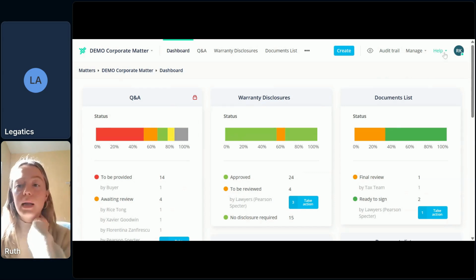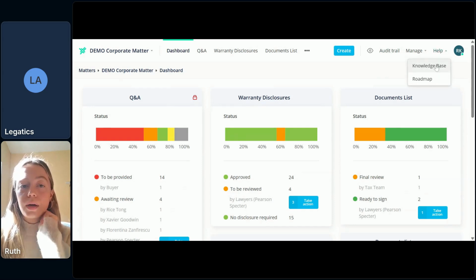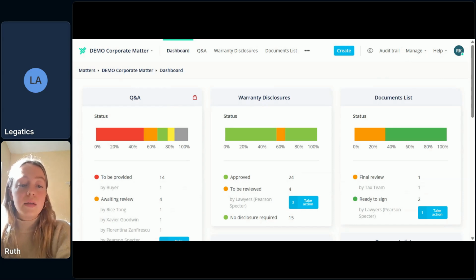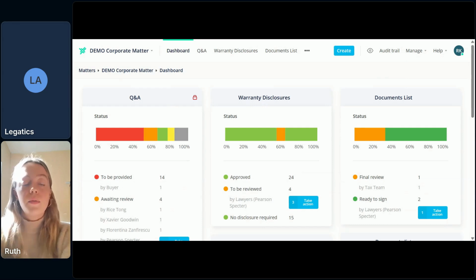And the final thing I want to highlight for you is this help feature that we have. Here we have a link to our knowledge base. There is a huge amount of articles on our knowledge base around getting started with Legatics, the lists and the different functionalities that we highlighted, the different types of signing. And also what's very useful is this use case feature, where you can read a little bit more about the different corporate use cases that are quite common between our customers. So reading a bit more about how documents lists can be managed, how Q&A can be managed, and how warranty disclosures can be managed within Legatics. Also, you can